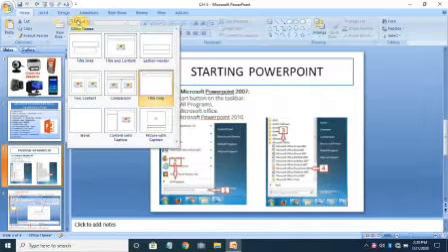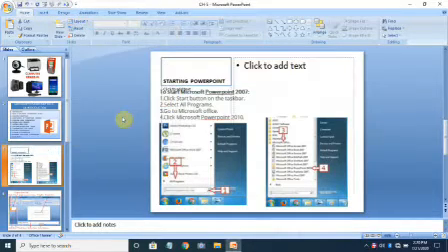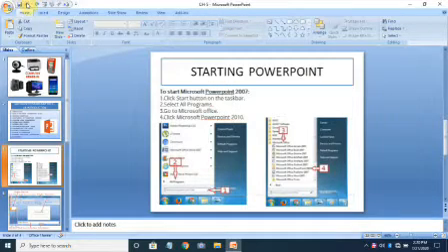Now I want to add another layout with this. See some changes. You can see how the topic of this slide has been moved to the right side. Okay, this way we can make any changes in the slides.